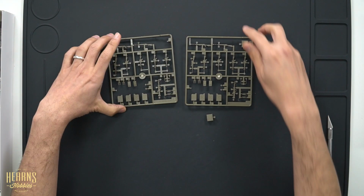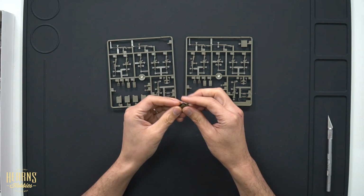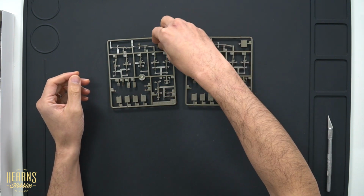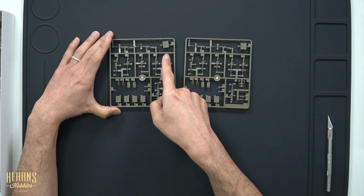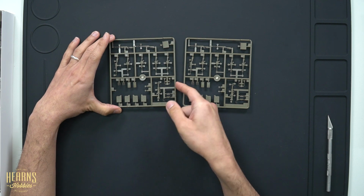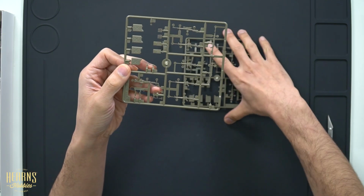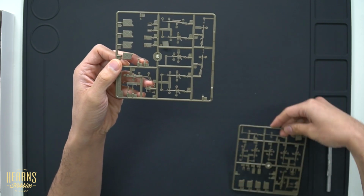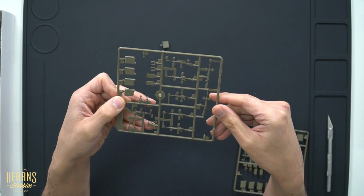Okay, so there's 2 sprue which are the same. You've got an ammo or grenade sort of case here. So what we have here is mainly the American style weaponry. Let's shift that over there. Okay, so we've got